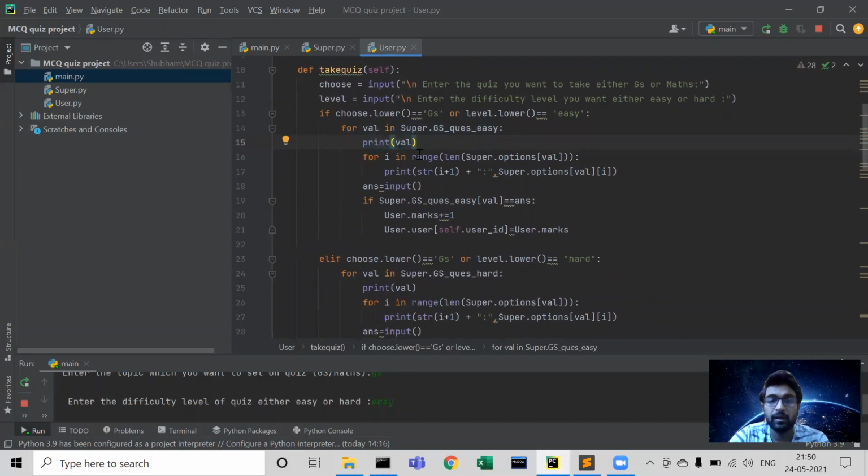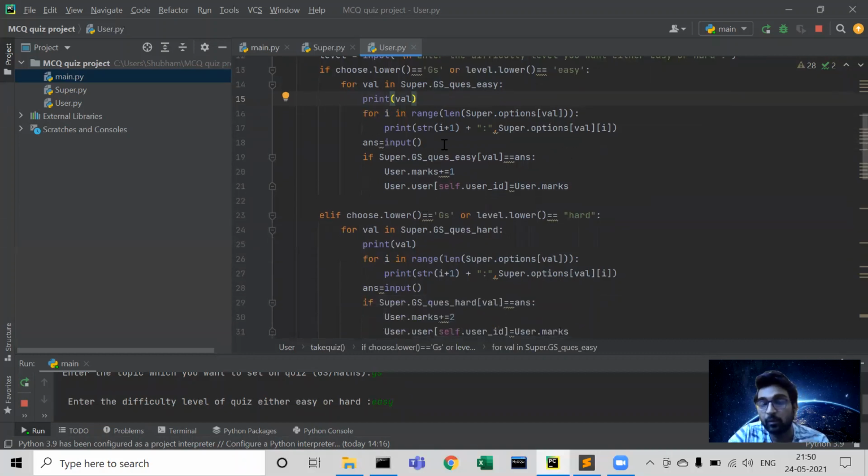And print val. So here there is another loop, a nested for loop, which is basically for our options. For i in range, we will take length of super dot options, like 1 2 3 4, as many options as you want to upload on your test. And talking about the answer, you have to input here what you want to answer.